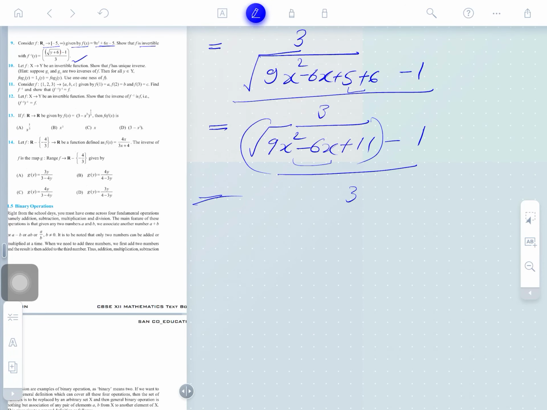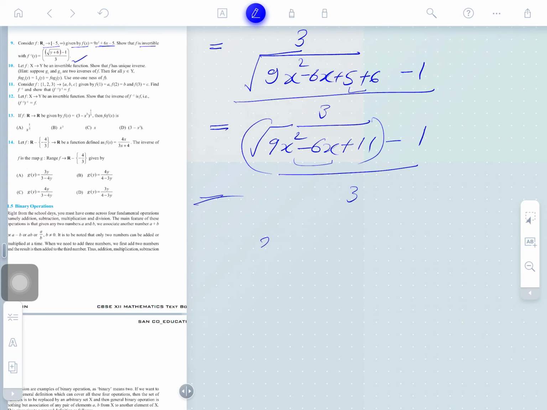Obviously, we can solve here. The whole square is to be created here. So, how can we create the whole square? This can be written as 3x square, 3 of x whole square, and 2 times 3 is the formula here. And the third term, 2 times 3 is 6, only 1 is to be taken here. So, there is something wrong, I think, it is a minus 5 there. Wait a minute please, this is 6x minus 5, okay. So, here it will be plus 1, okay guys.